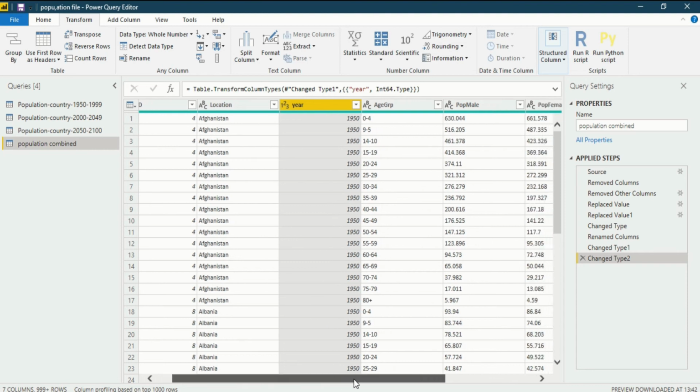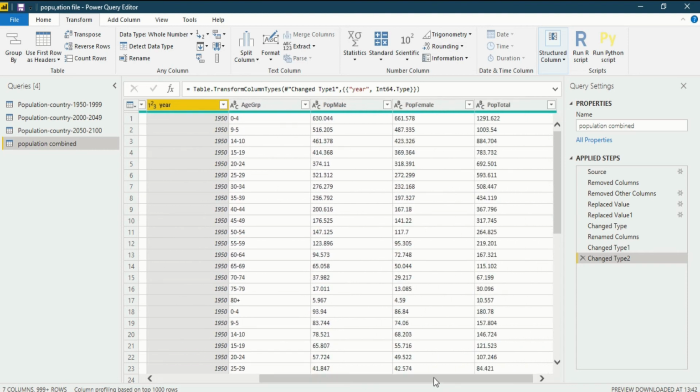But this is complex because every time if you want to change a column, you have to do it yourself, or sometimes you don't know if it's a decimal, a whole number, or a different type of data. You want Power BI desktop to decide it itself and help you in the way. So how could you do that? That is also quite easy.